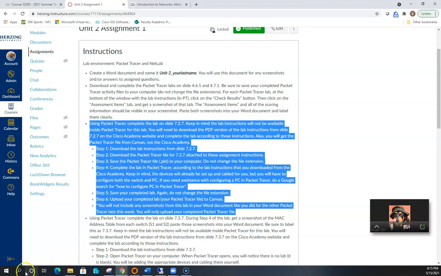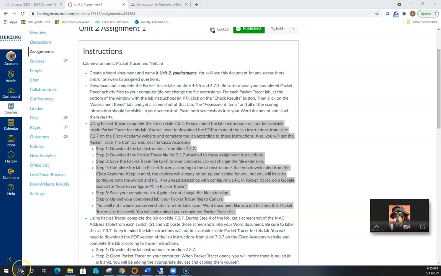And here I'll show you real quick what I'm talking about. I'm going to just open up Packet Tracer on my computer. I'm not opening up an activity or anything. I want to make sure I open up the